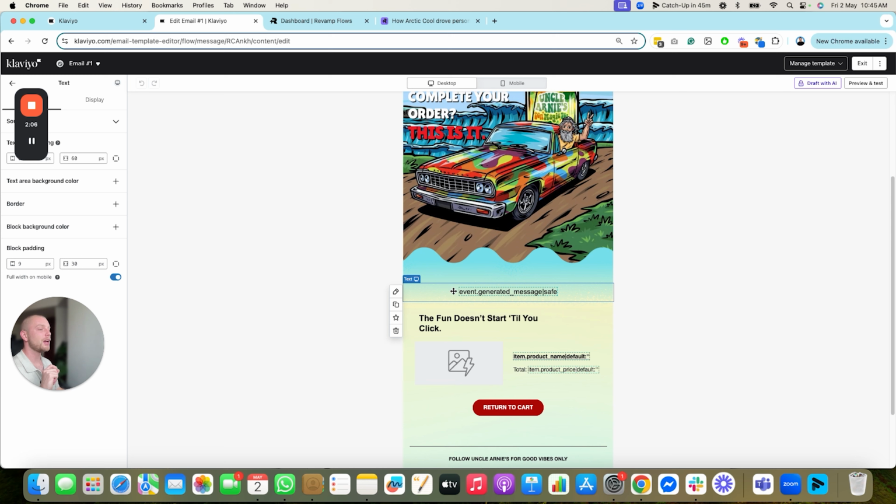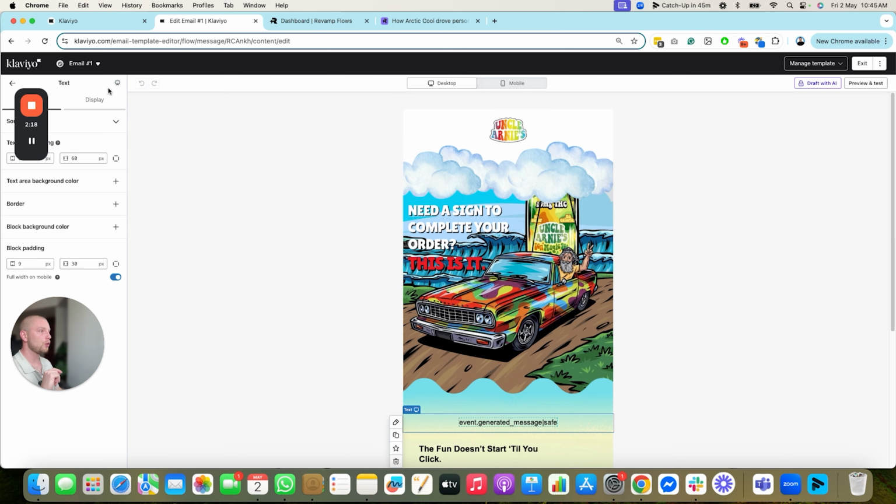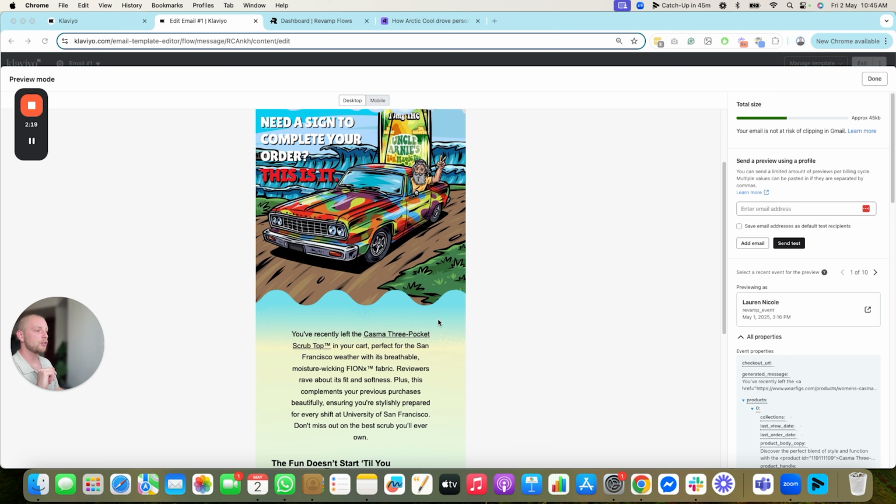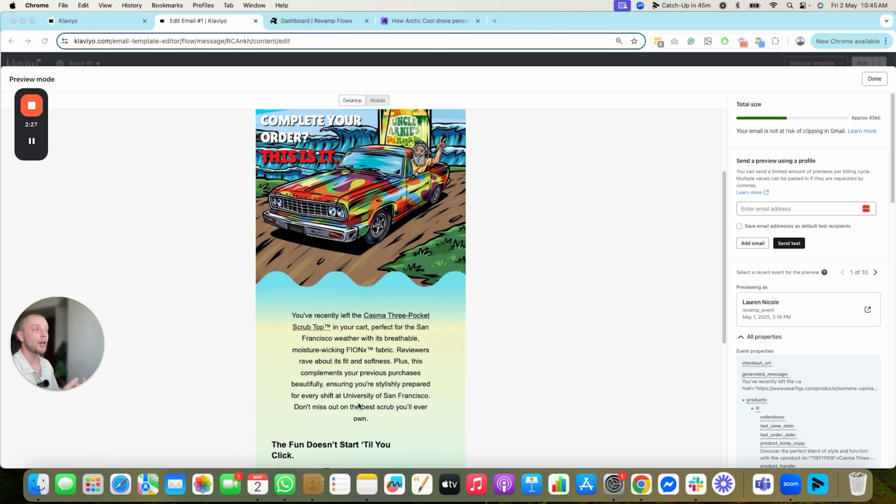This is a dynamic piece of code that's basically inserted into the email that scripts a piece of body copy that speaks to the individual, not in a broad generic way. Let me show you here. We've gone ahead and previewed this message. Now, this is obviously a dummy account. It's pulling information from a specific integration for a client that sells scrubs, but nonetheless, take a look at the